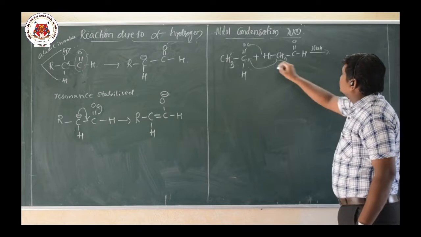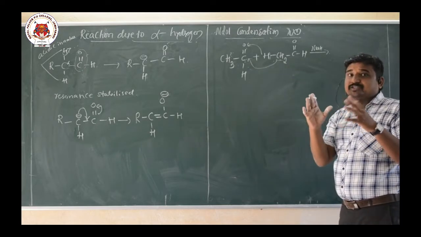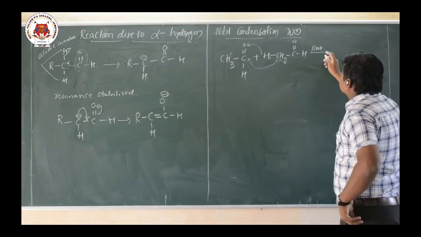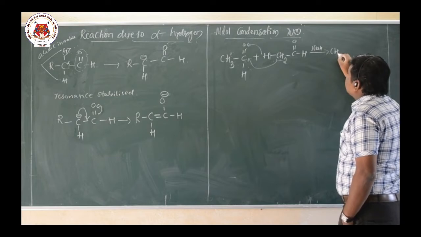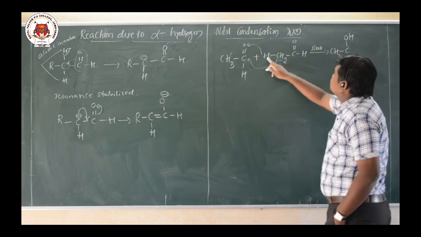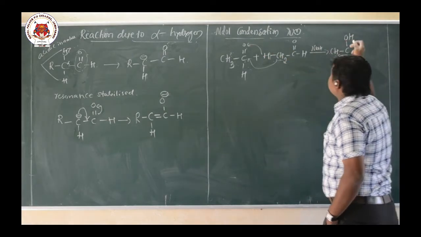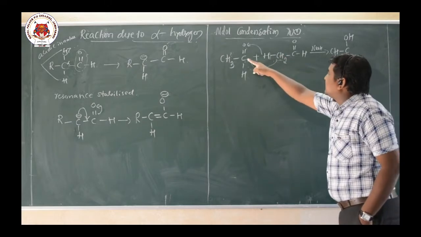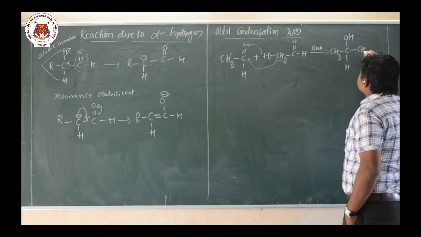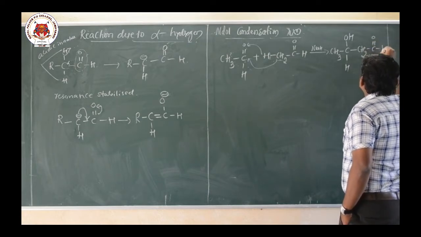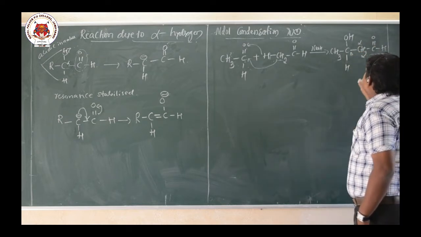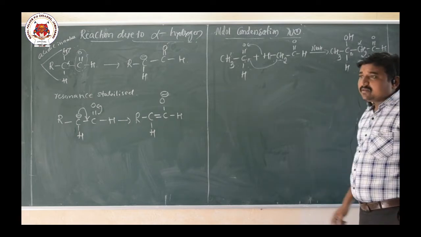Now the reaction is, acetaldehyde, two same aldehydes or ketones, will undergo condensation. So the product is beta hydroxyaldehyde. I will write the reaction: CHO, because this H plus added to the minus part, OH, then H as it is. Now the CH2 attacks this carbon atom. So the product is CH2 C double bond OH. So this carbon is alpha and this carbon is beta, hence the intermediate product is beta hydroxyaldehyde.